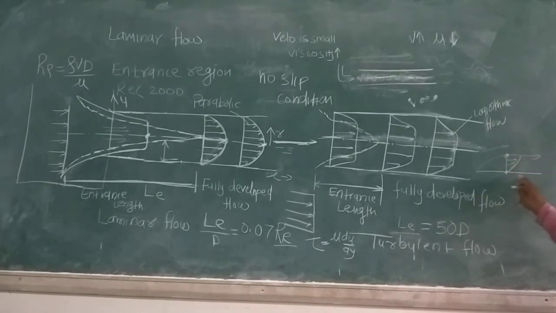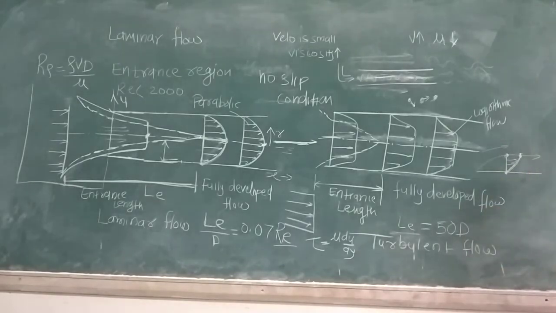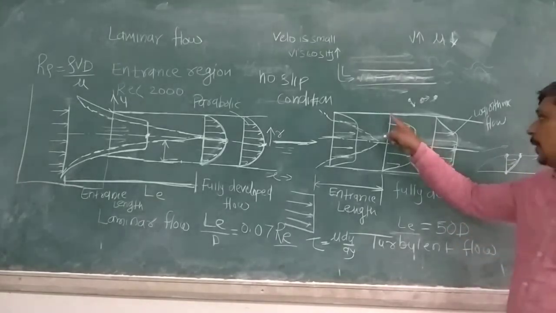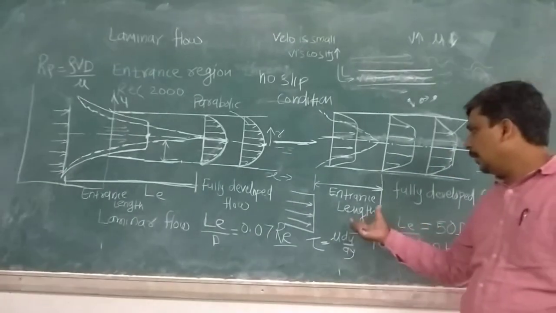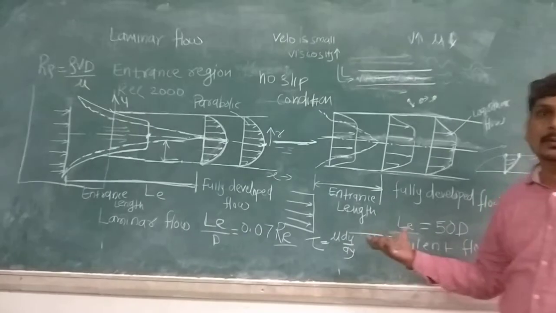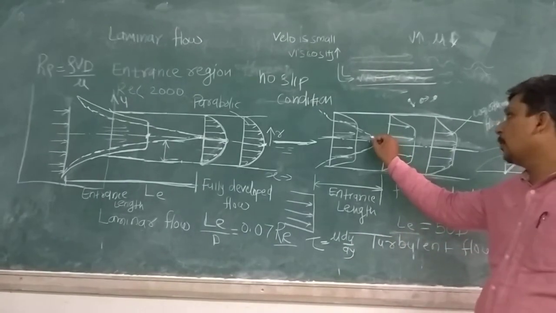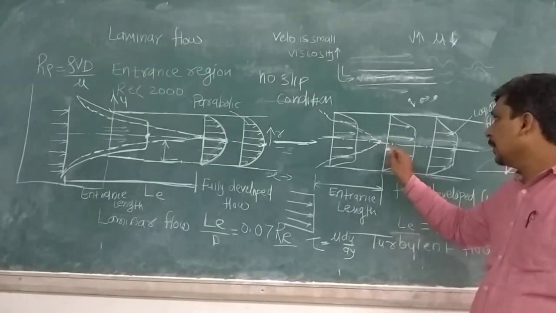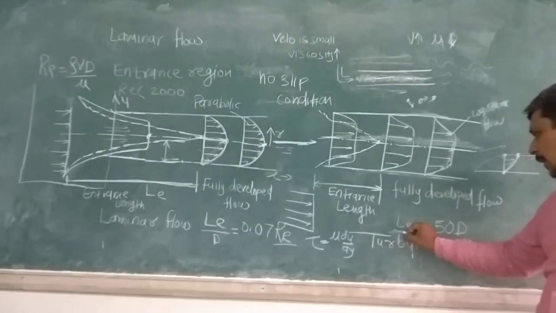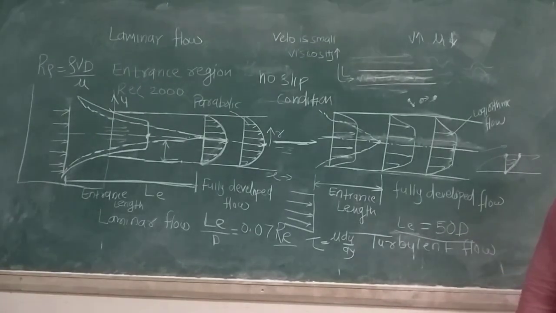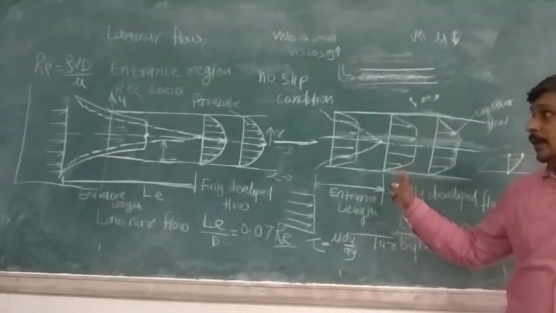For the flow over a plane sheet the velocity profile is this. Maximum velocity is here, minimum velocity is here. Again the velocity profile in a pipe will be longer flow. So there is a shorter entrance length for the turbulent flow because the boundary layer will close and meet at a point. After this the profile becomes fully developed flow. It is calculated as LE equals 50D. This is the entrance region in a laminar